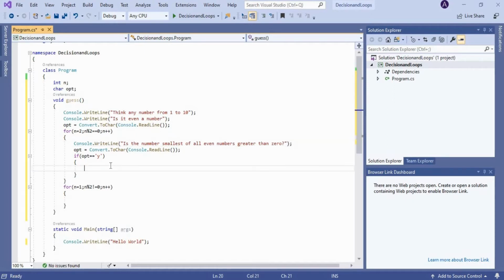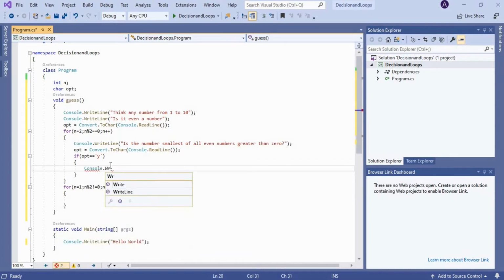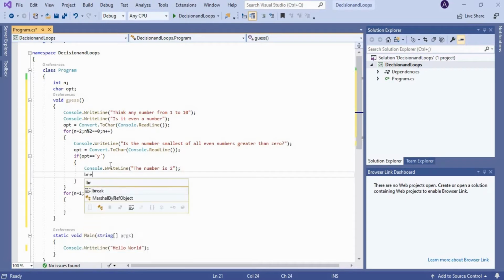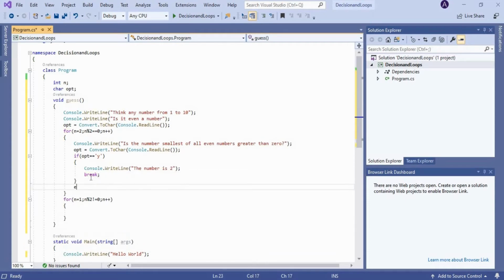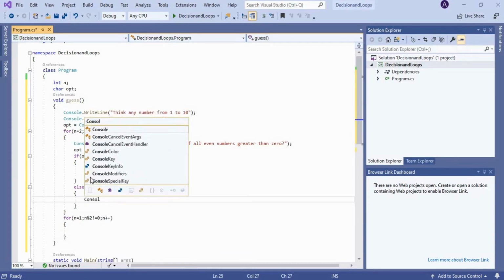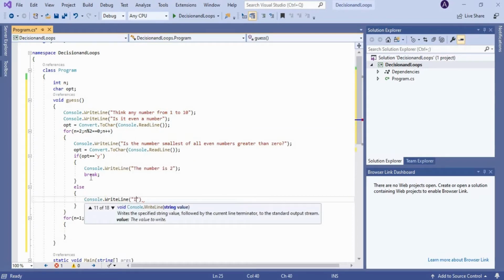So if opt is equal to yes, Console.WriteLine of "the number is 2", right? So we can have one break statement. So if this particular statement is true, we can stop our execution, right? If this condition is true, we stop; if this condition is false, we may need to find the number using some other logic, right? So Console.WriteLine of